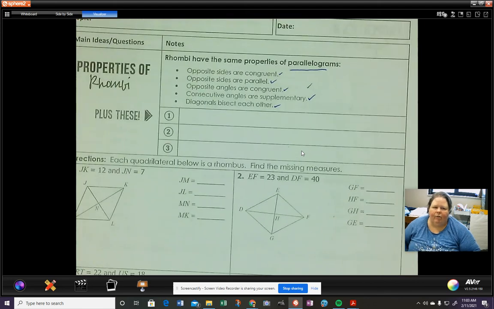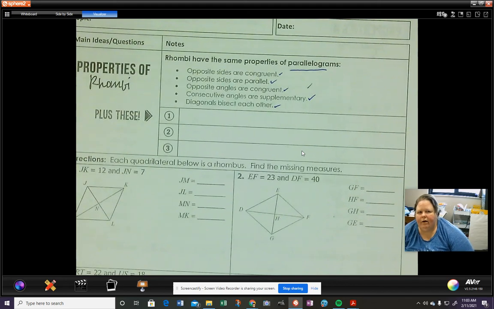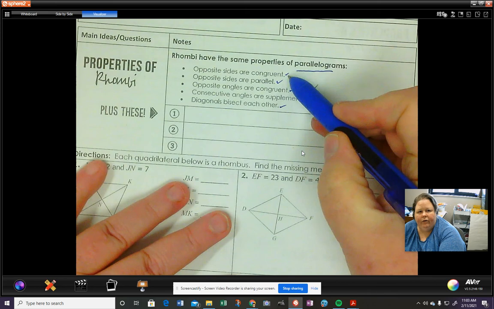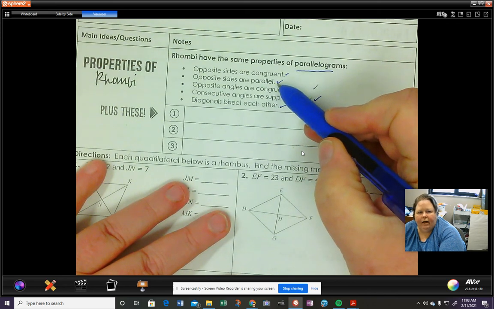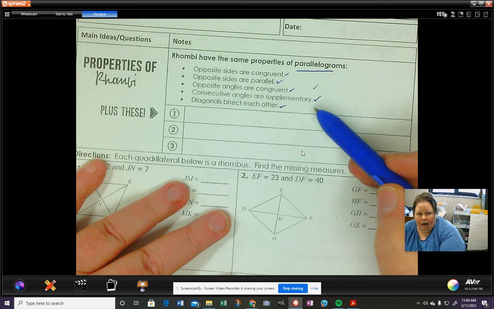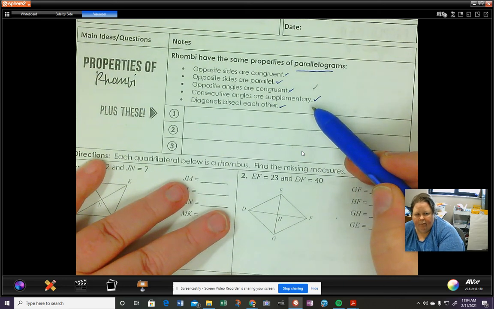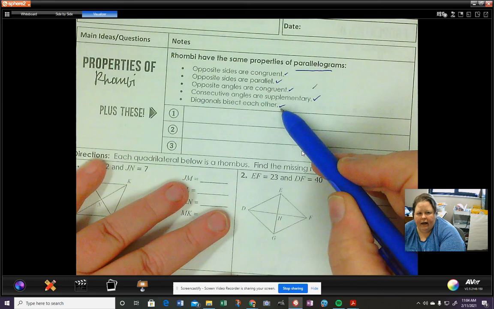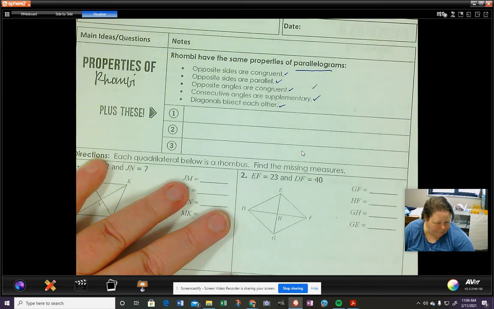And as you can see, I've already marked on my paper. It says that rhombi have the same properties as parallelograms, and let's review those. Opposite sides are congruent, opposite sides are parallel, opposite angles are congruent, consecutive angles are supplementary, and diagonals bisect each other. The two new things that we have to talk about